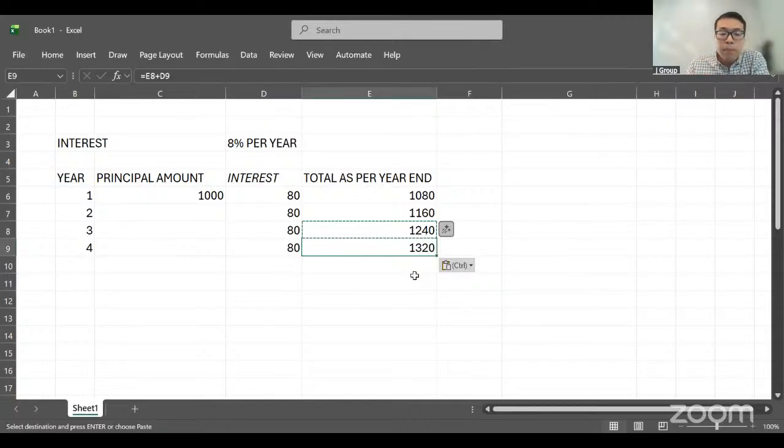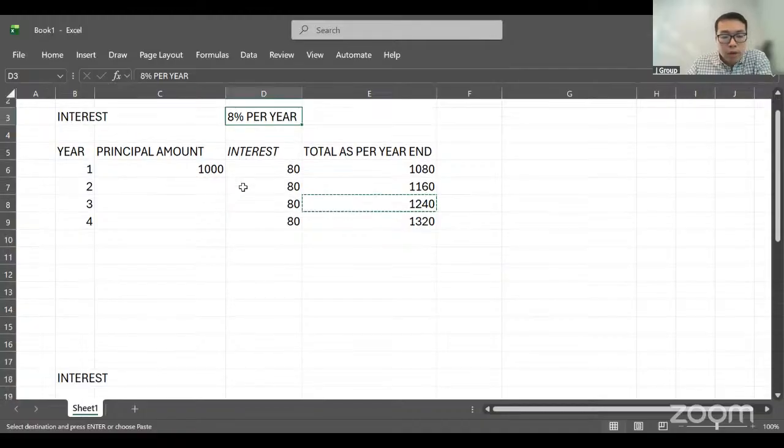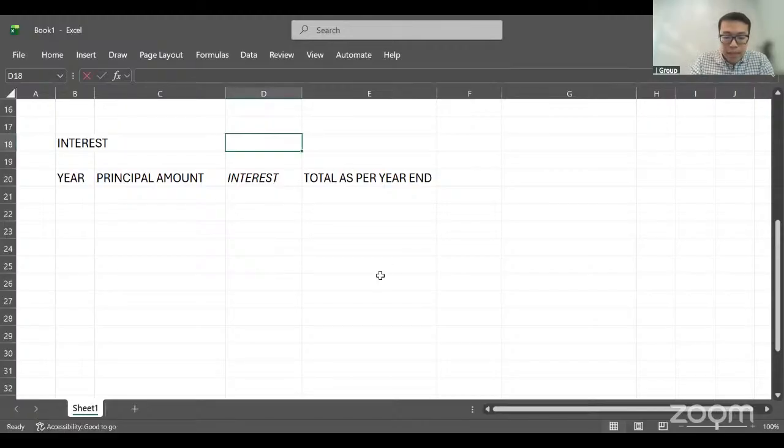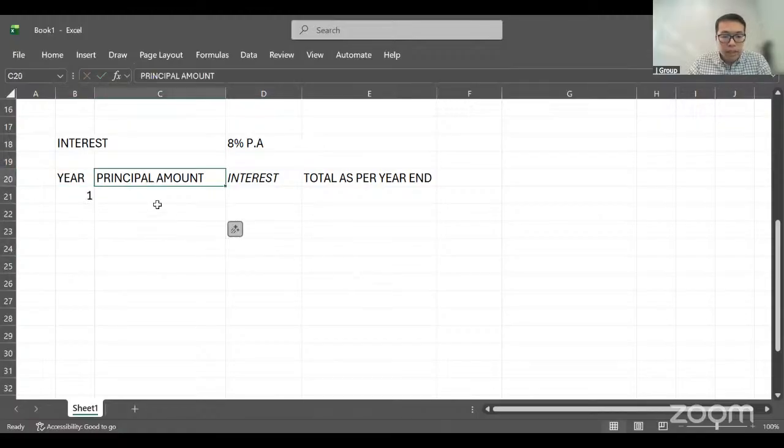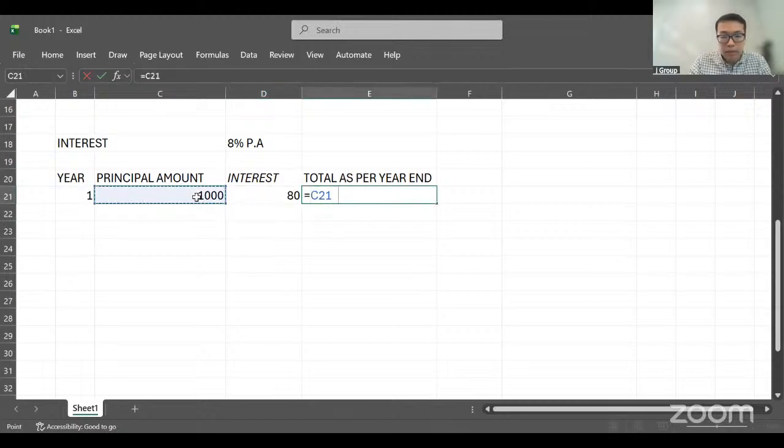Simple interest basically means that I only earn interest on the principal amount. So this is what we call simple interest. Compounding interest works differently. Let's go to another example. I still set an 8% return per annum. In year one, I put in 1,000. My interest will be 8% of this 1,000 ringgit. So at the end of the year, I will get